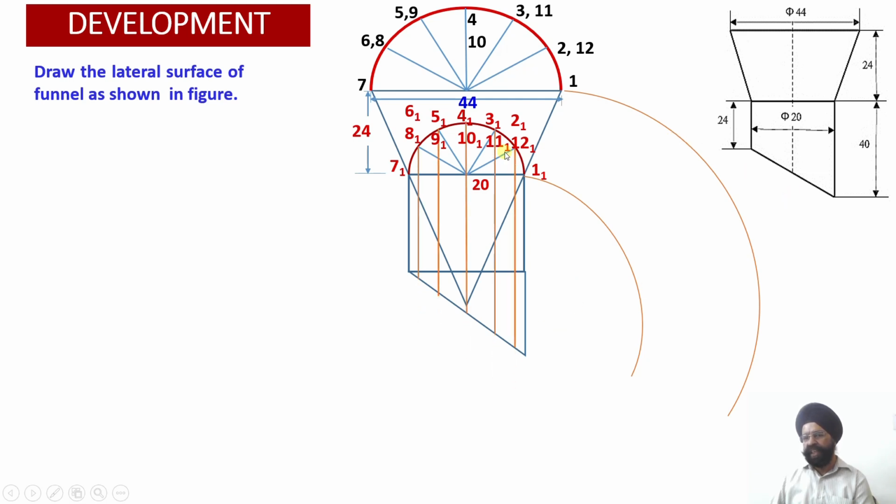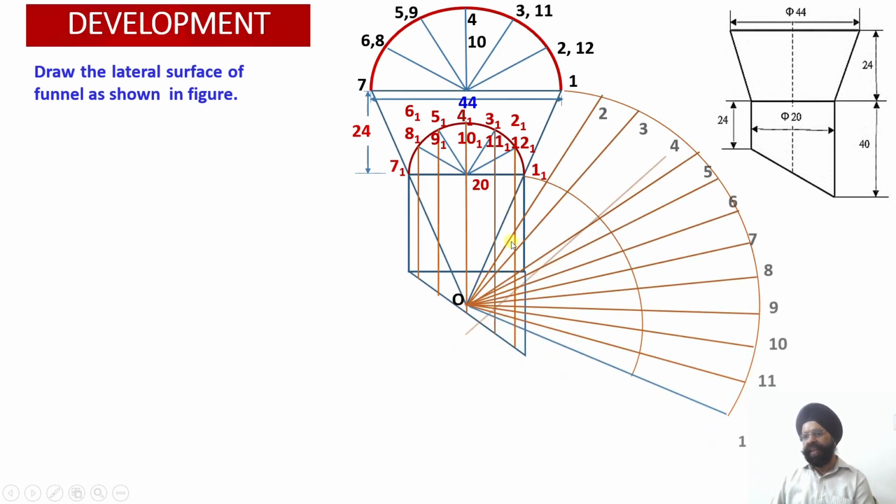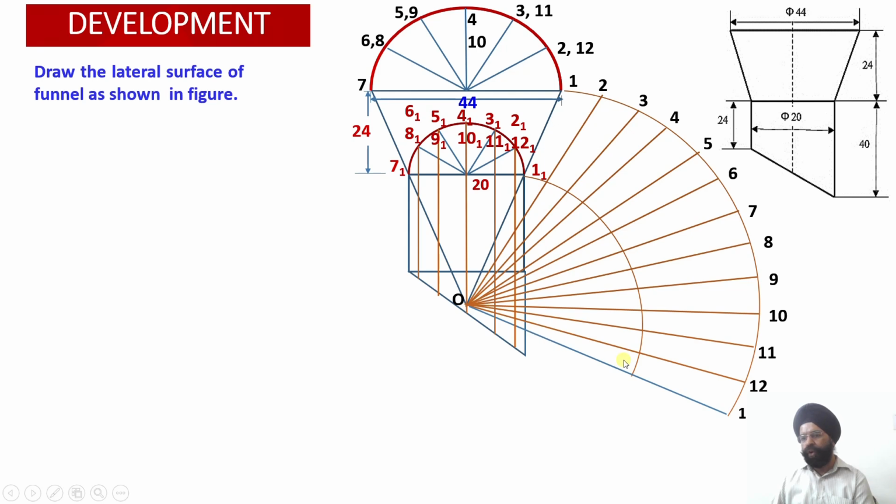So please see, since we have divided this into 12 parts, now what we are going to do over here, all these radial lines, radial generators we have drawn. On the inner side, please check. On the inner side, automatically the chord length will be equal to 1 1 to 2 1 over here. All these chord lengths. Whereas on the outer side, the chord length will be corresponding to this. So since this portion of the cone has been removed, you check, this portion of the cone has been removed.